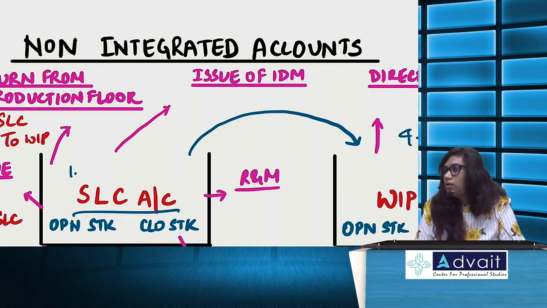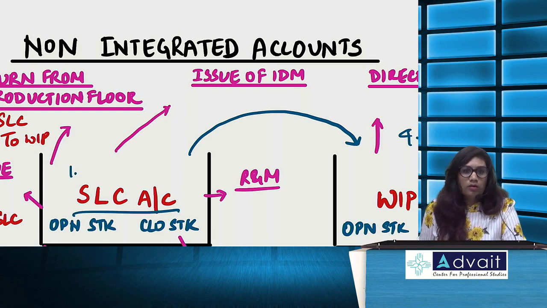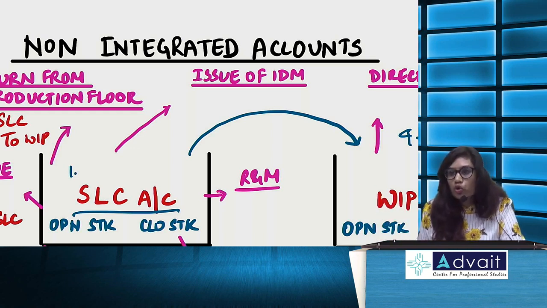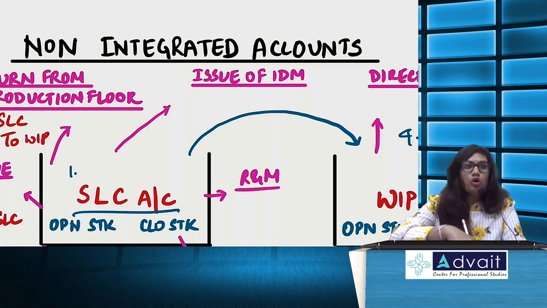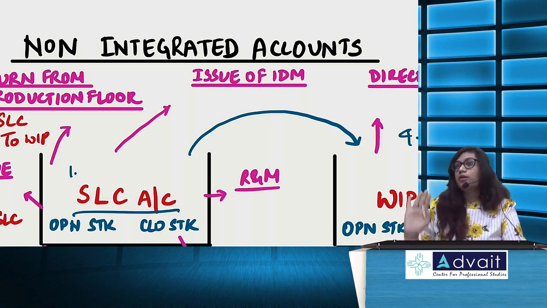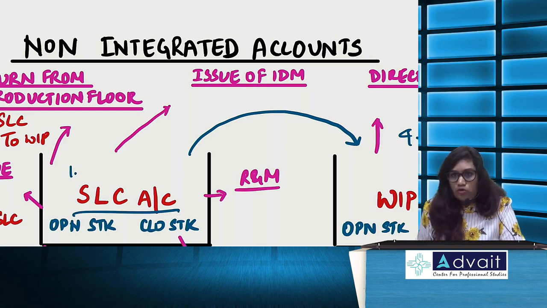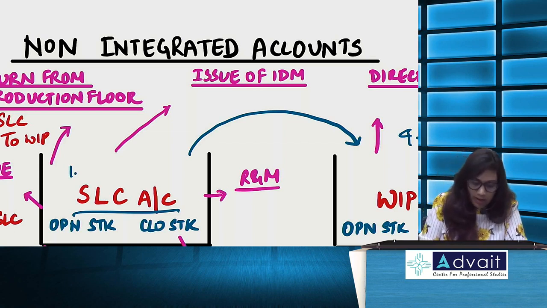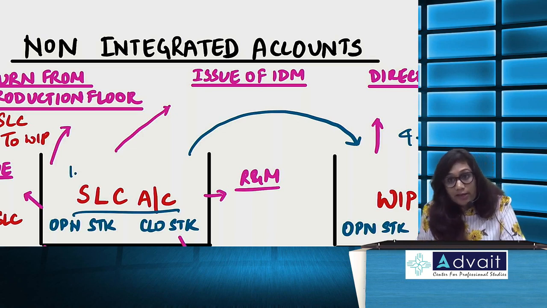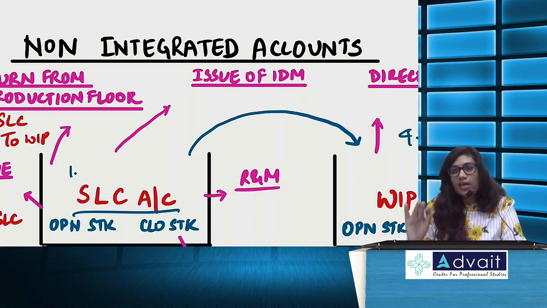Now, say there is issue of indirect material. Now, all material will come into stores, whether direct, whether indirect. So now if I am issuing indirect material, where should that go? Naturally, indirect material should go to overhead account. It cannot be directly issued to WIP. Any material which is going to WIP directly, that is direct material. Always remember. So if this is indirect material, because here I have written issue of indirect material, then it has to be routed via the overhead account.